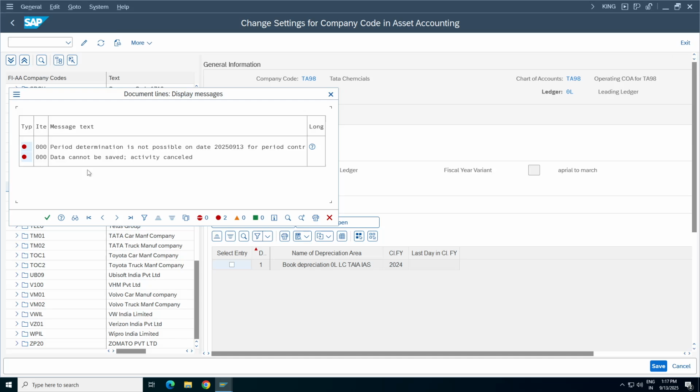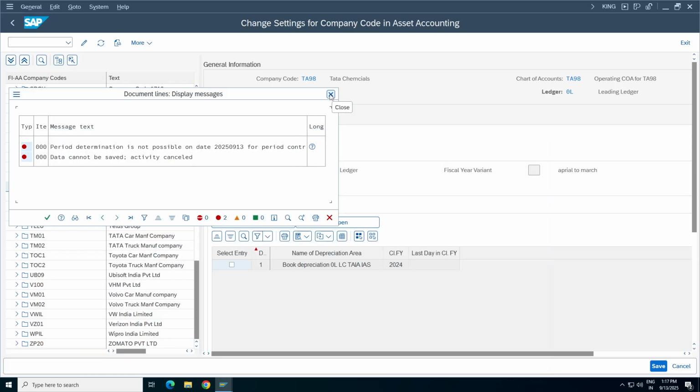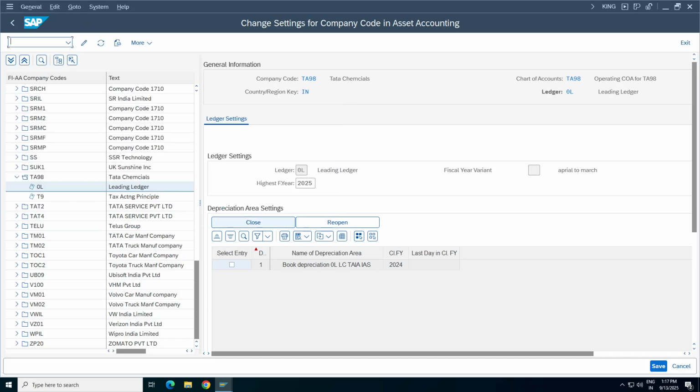Period determination is not possible on 2025-09-13 for period control. Yes. /o OBY6